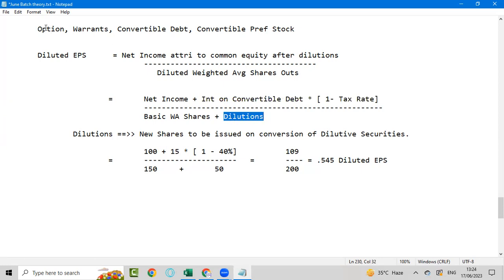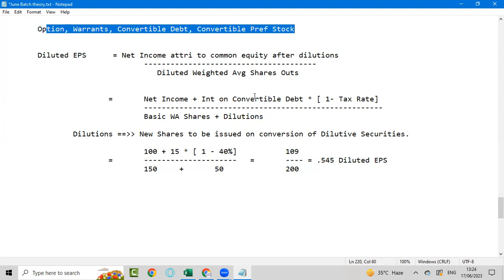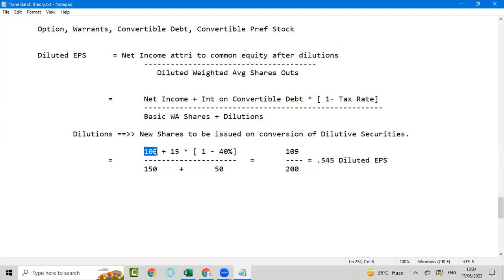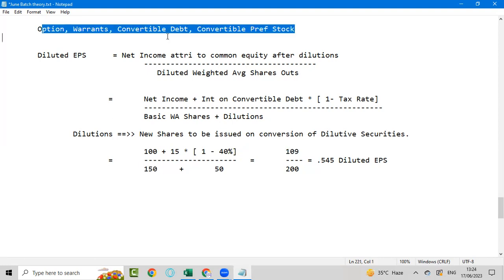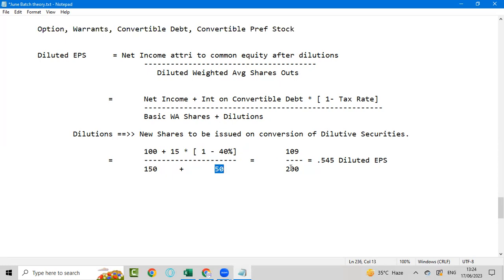डाइल्यूशन क्या? इनके कन्वर्ट होने से कितने शेयर्स देने पड़ेंगे, वो मान लिया कि 50 है। तो 100 तो पहले की इनकम जो थी, प्लस 15 जो इंटरेस्ट है कन्वर्टेबल डेट पे, बट टैक्स देना पड़ेगा 6 रुपए। अगर 15 रुपए इंटरेस्ट आपने ऐड किया तो 6 रुपए टैक्स पे करना पड़ेगा। तो हमने इसको पोस्ट टैक्स करके डायरेक्टली 9 कर लिया, तो ये 109 हो गया। डिवाइड बाय इतने शेयर पहले के ही थे, इनको कन्वर्ट कर दिया तो 50 और देने पड़ेंगे, तो 200 हो गए शेयर्स हमारे। ऊपर नेट इनकम थोड़ी सी बढ़ी है, नीचे शेयर्स भी थोड़े से बढ़े हैं, ओवरऑल हमारी अर्निंग पर शेयर घट गई है। इसी को निकालना चाहते थे कि अगर डाइल्यूटेड सिक्योरिटीज कन्वर्ट हो जाएं तो हमारी ईपीएस कम से कम कितनी होगी।